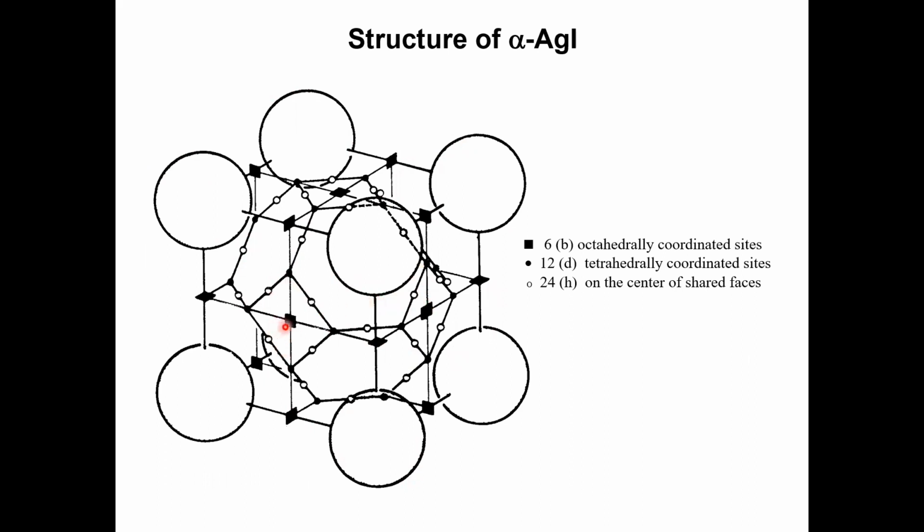For those silver, there are all kinds of different types of sites available in that cubic unit cell. There are so-called octahedrally coordinated sites shown as solid squares on the face of the cube. 6 of those, since there are 6 faces,